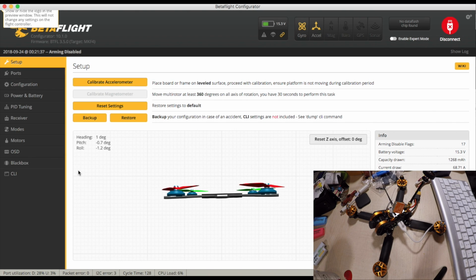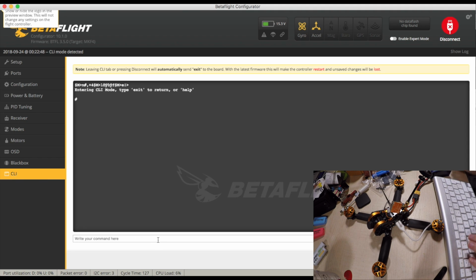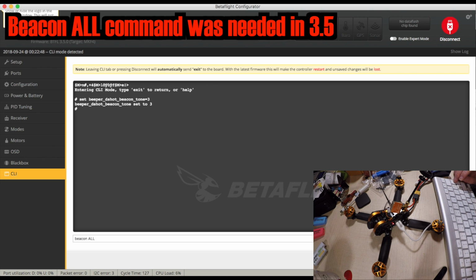Alright, there was a little bit of change there in 3.5. So the command I'd normally use is this one: set beeper DShot beacon tone, and that would work. In this version, you can set it for different events on or off. So by saying beacon all, it means it responds to RX set and signal lost. So if we then save that,